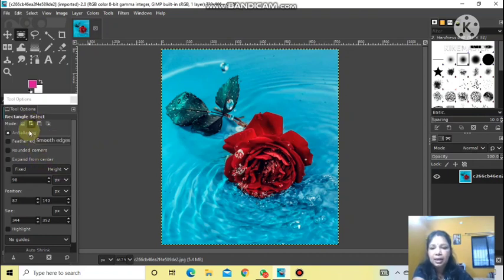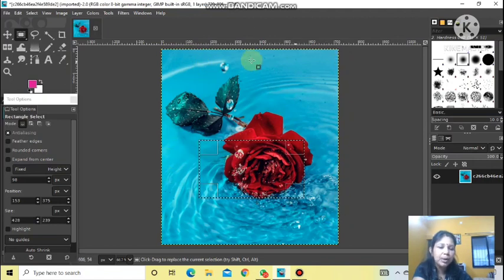For that, let's start with an example. I'll click on the normal mode and choose the rectangle select tool. I have selected this part of the image. Now if I start a new selection, you will see that the previous selection, that dotted part, will get removed. You can see this. To avoid this, I want the previous selection to remain and the new selection to be added to it, like this square plus that square, so a big box will appear. Okay, so how can it be done?